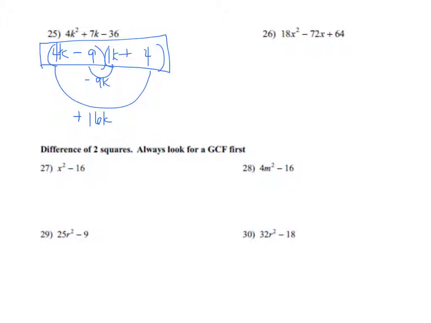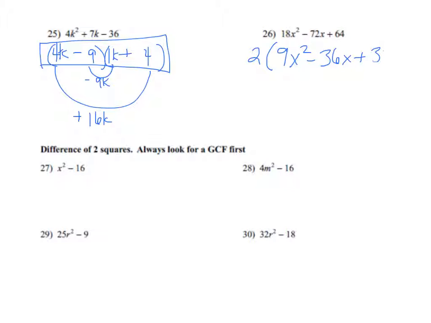All right, on number 26, on this one you're going to pull out a GCF. Now, I was hoping for something better, but I think my only GCF on this is going to be a 2. So if you pull the 2 out, you have 9x squared minus